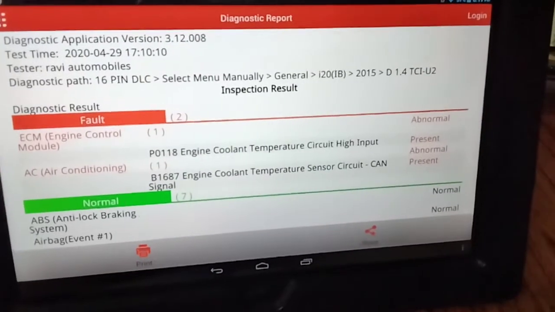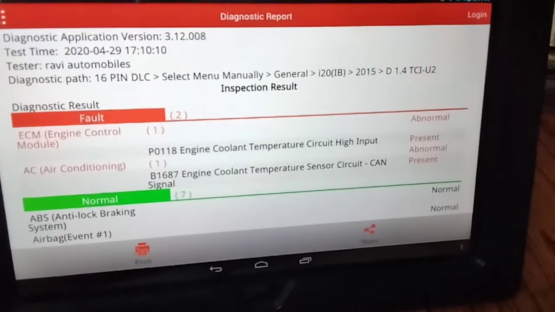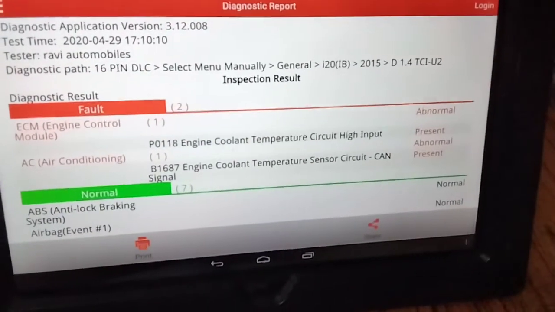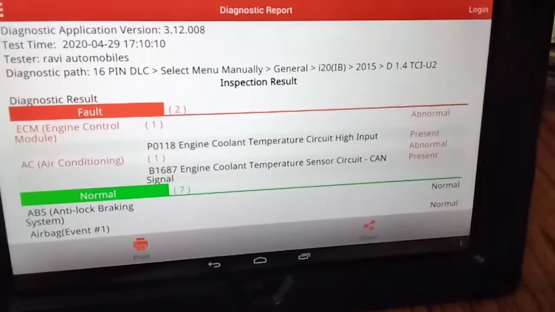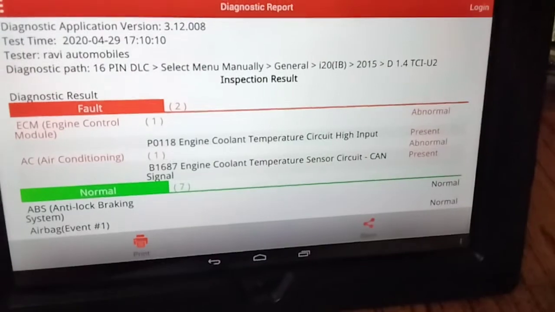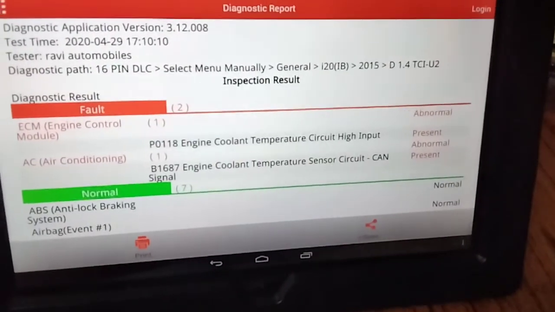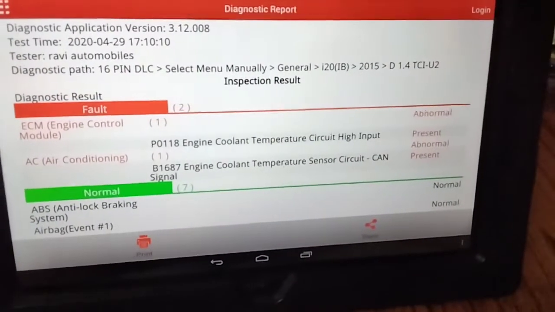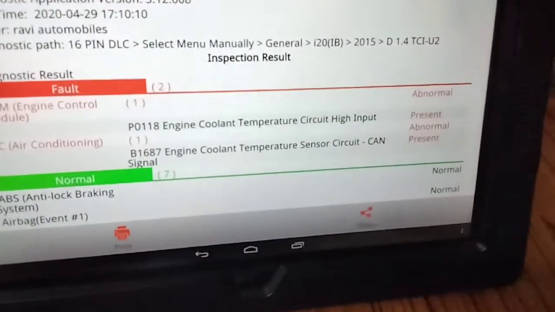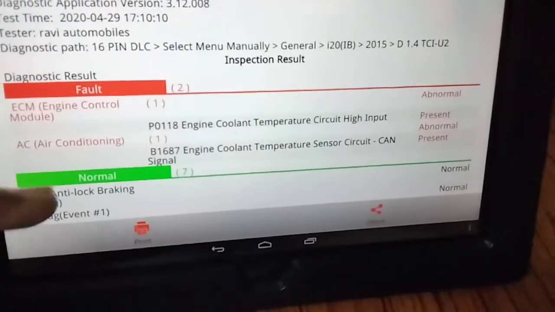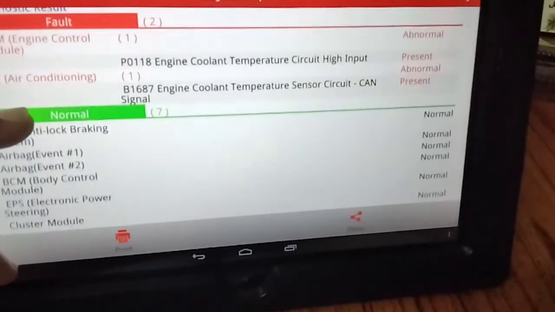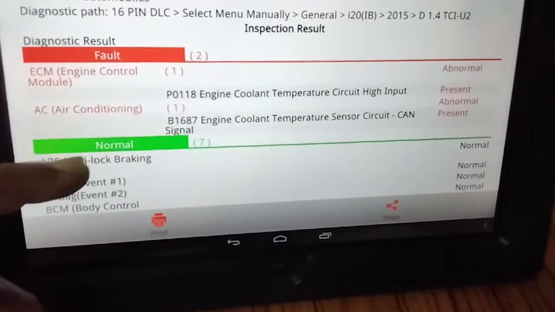Then he called me, and just going over the codes, I knew exactly what happened. I asked the mechanic if the radiator fan was running continuously when the engine was started. The mechanic said yes, and he doesn't get the AC, as per the customer's complaint. So the customer complaint was verified. Then we come into the diagnostic part. He had a complete scan on all the modules, and all are normal as you see. So these are the only two codes that we need to attend to.